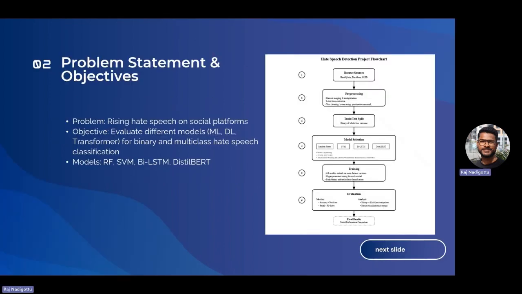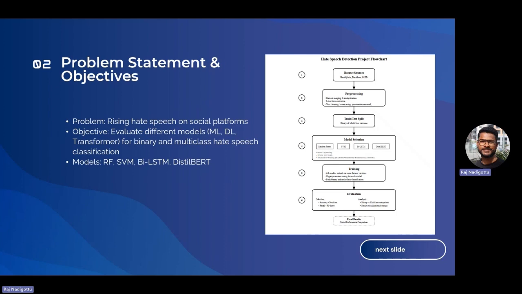So the problem statement for this project is that nowadays online hate speech is a growing concern, especially on social media platforms. It is very harmful when it comes to emotional trauma, or sometimes it even leads to physical violence in the real world.